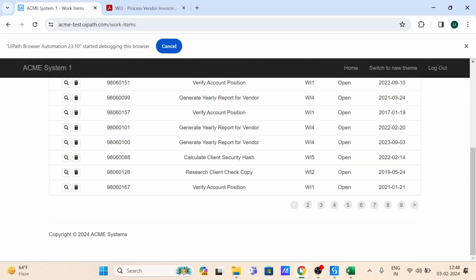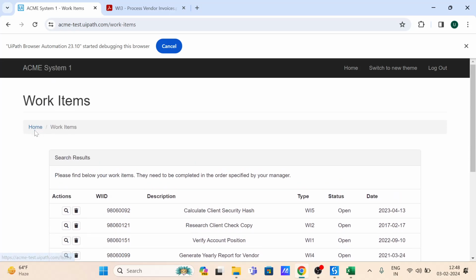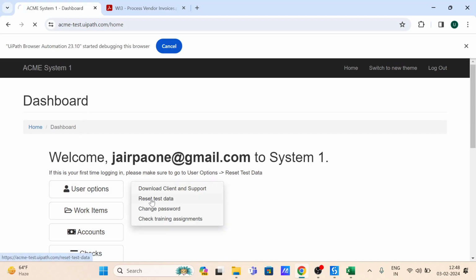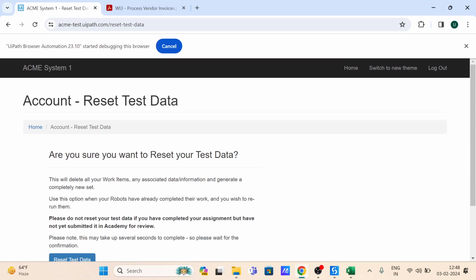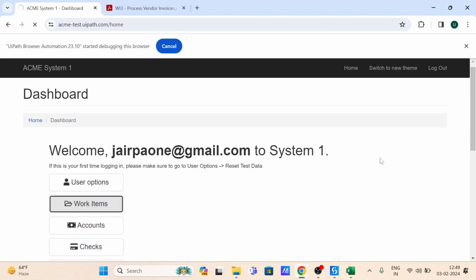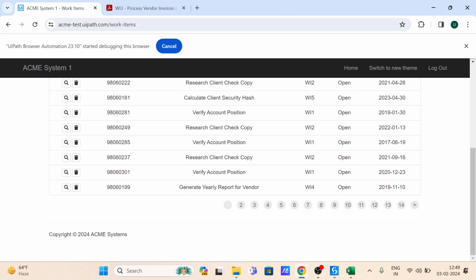Let's try to reset the data again। ठीक है, हम डेटा को रीसेट कर रहे हैं, क्योंकि हमें हर टेस्ट आइटम के लिए इसको रन कराना है। अगर वो रन नहीं होता है, that is an issue। एक के लिए नहीं होगा ना, for example नेक्स्ट टाइम यहाँ पे कोई और डेटा आ गया तो उसमें क्या होगा, that can be an issue, right। Home work items, and now we have